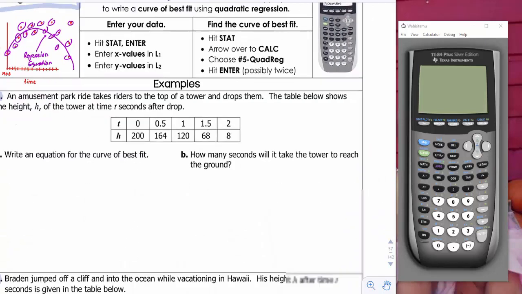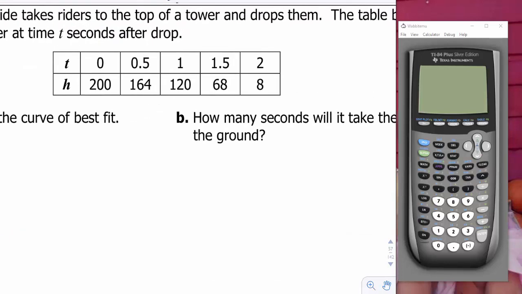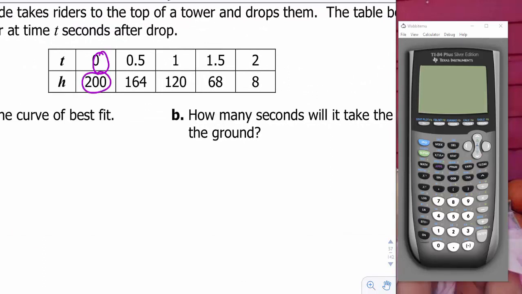So what we're going to do here, we're going to talk about how to do this, and we're going to start with example number 1, and we have some data. This data represents an amusement park ride. It takes riders to the top of a tower and drops them. So the table below shows the height of the tower at time t seconds after the drop. So this is going to be, again, at 0 seconds, we're at 200 feet, 0.5 seconds, we're at 164 feet,